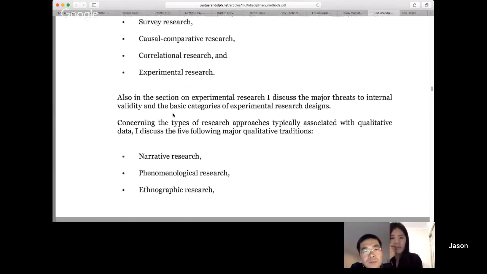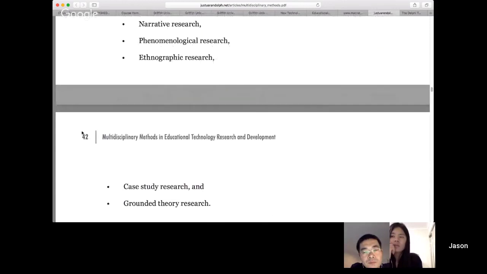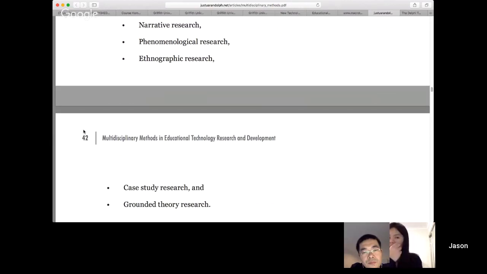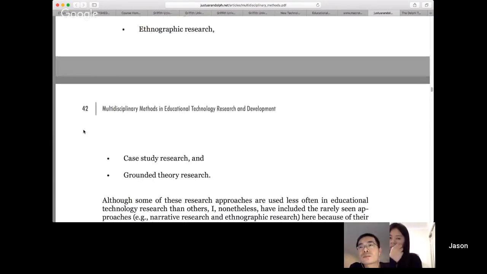Qualitative approaches are a little bit different. The main one being case studies, but we also have narrative research, phenomenological research, ethnographic research, and grounded theory. And you hopefully would have heard some of those terms before. But again, this isn't a course in research methods, so we're just going through these fairly briefly as a summary. But all of these are used in educational technology research as well.